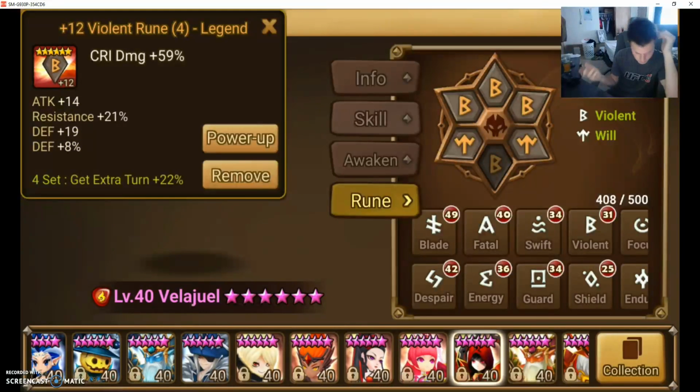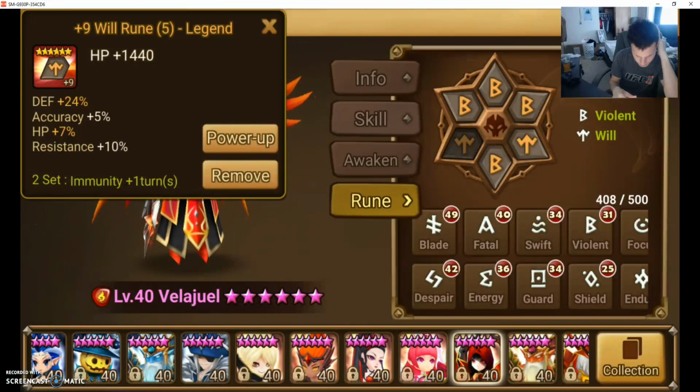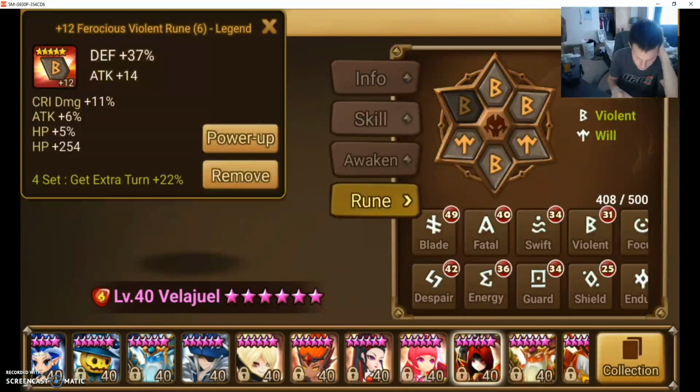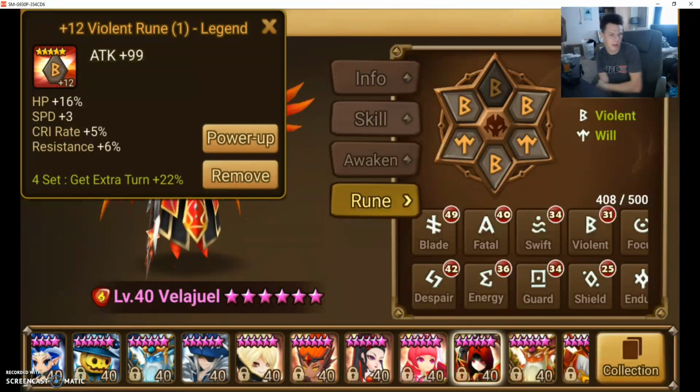Like resistance, so he can't be stunned. I mean, obviously he has immunity, so I don't really need that rune on him. But it's a crit damage rune. It's not really there for the resistance. It just happened to be that way. This one is for crit damage. In this one, HP, I gave him a little HP just so that way he wasn't